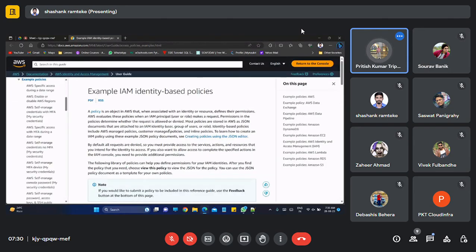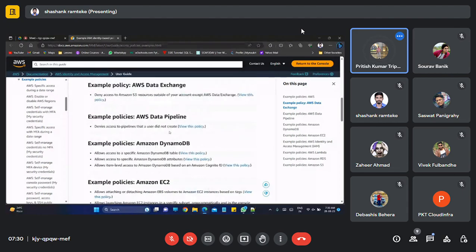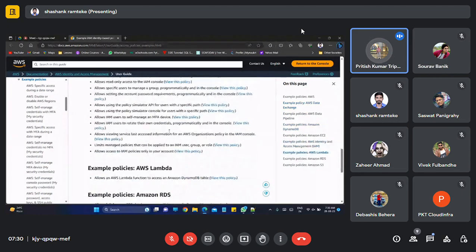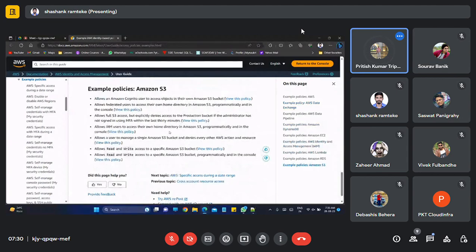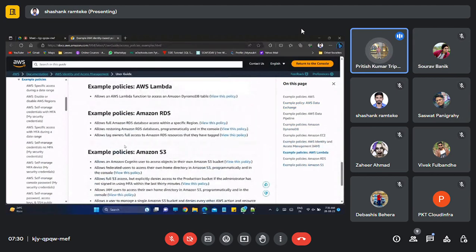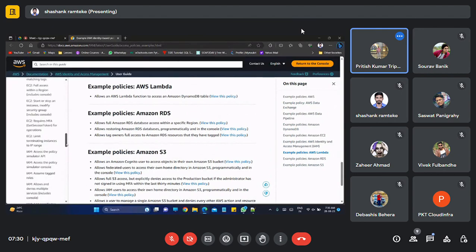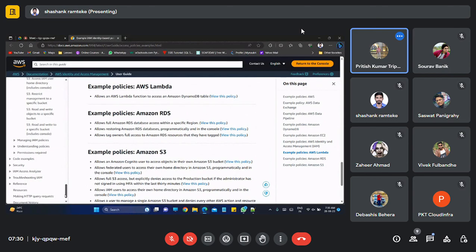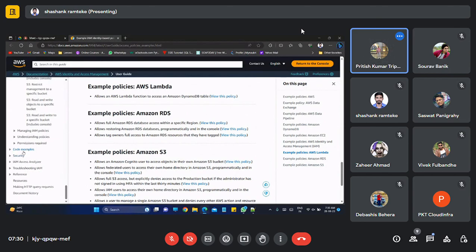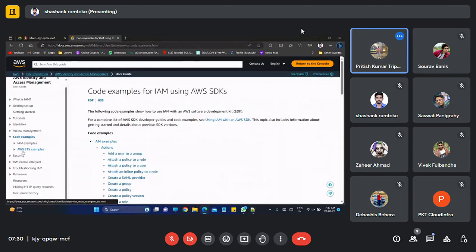And see here, this is the basic reason why we are utilizing JSON, for example, to write policies for S3 and so on. You can write code examples.